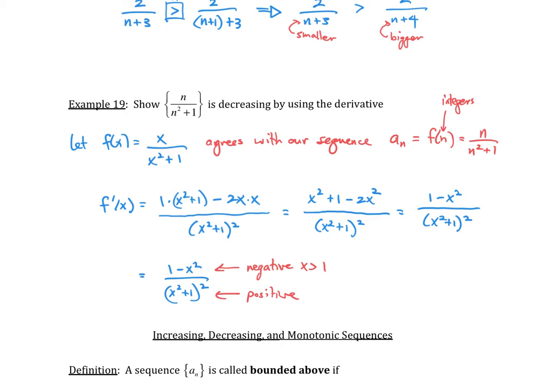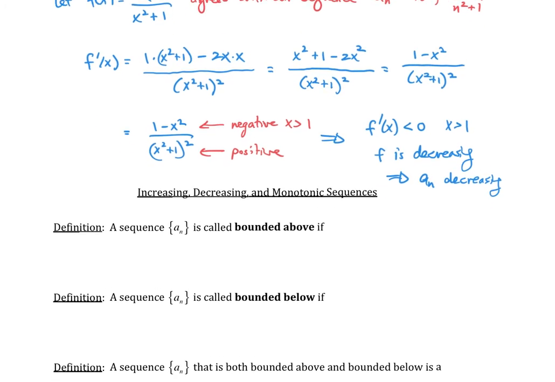So this tells us that the derivative f prime of x is going to be less than 0 for x greater than 1, and this means that our original f is decreasing. F being decreasing, that means that our sequence an is also decreasing. Okay, so let's continue and talk about